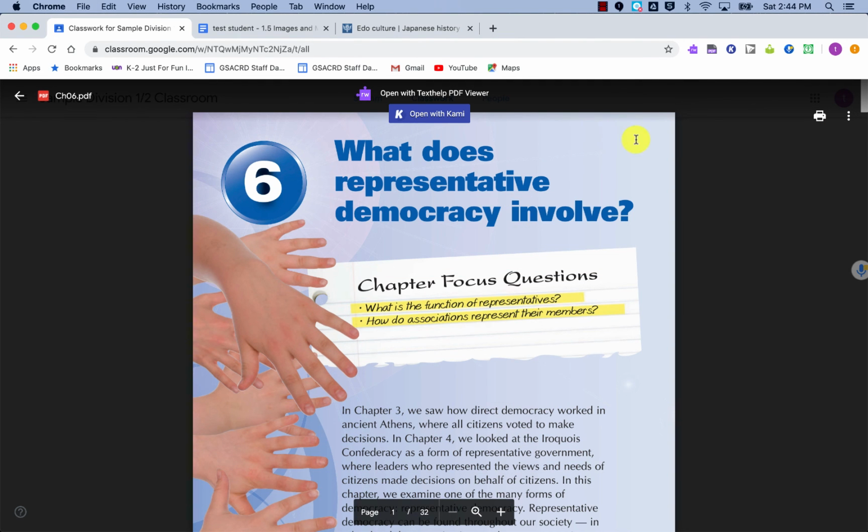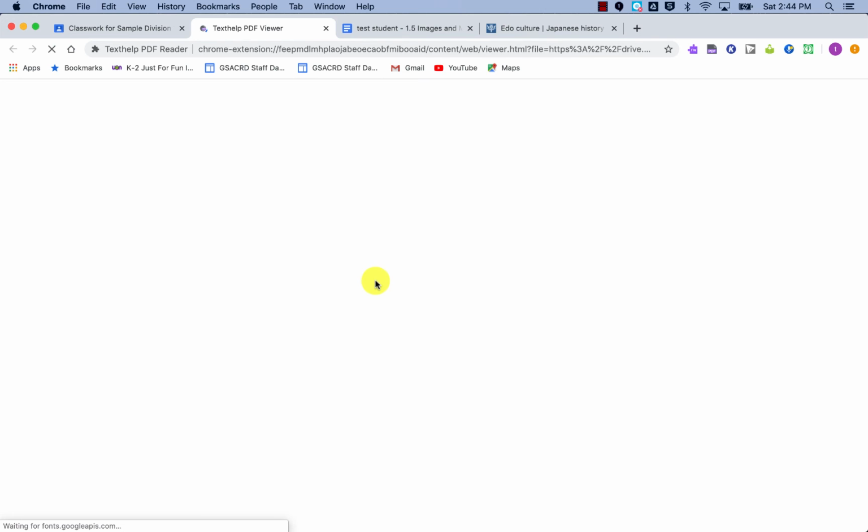And so right now I do see this purple puzzle piece, but unfortunately that one's not going to work right for us in this manner. But up here I see Open With Text Help PDF Viewer, or you might just see Open With and a little drop down menu. So I'm going to click on the one that shows me the purple puzzle piece or says Text Help PDF Viewer. So I click on that,